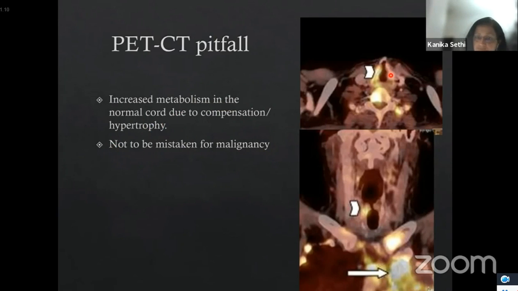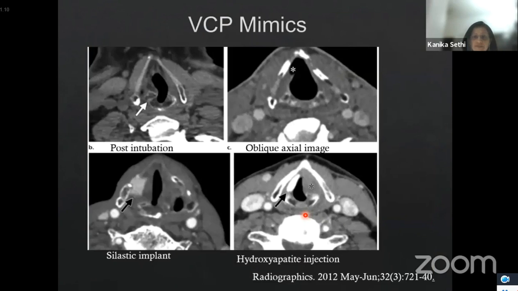The ipsilateral side vocal cord shows atrophy. The opposite side shows compensatory hypertrophy and can show increased uptake on PET CT, which is not to be mistaken for malignancy. Then there are certain other causes that mimic vocal cord palsy, which you have to remember, such as post-intubation. It can